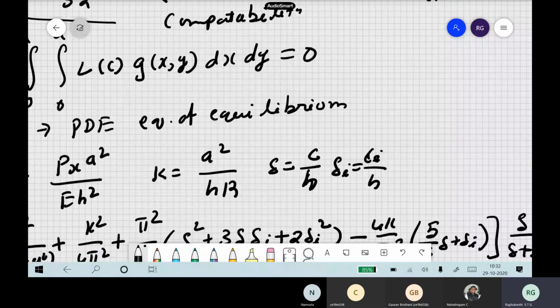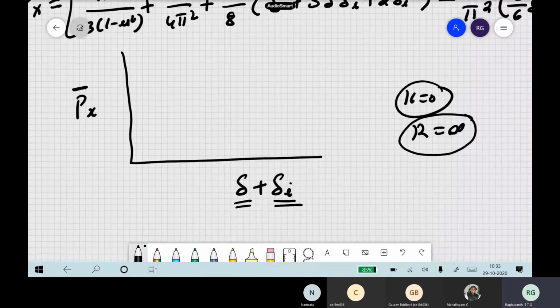See, already in a plate, how did we derive the post buckling behavior? We didn't assume any imperfection. We solved the nonlinear equilibrium equations and got the solution. Here we have done it in a slightly different fashion, just to verify whether we are going in the right direction or not. So you take r equal to infinity, and delta_i is 0 also. If delta_i is 0, what does it tell you? There are no imperfections at all.